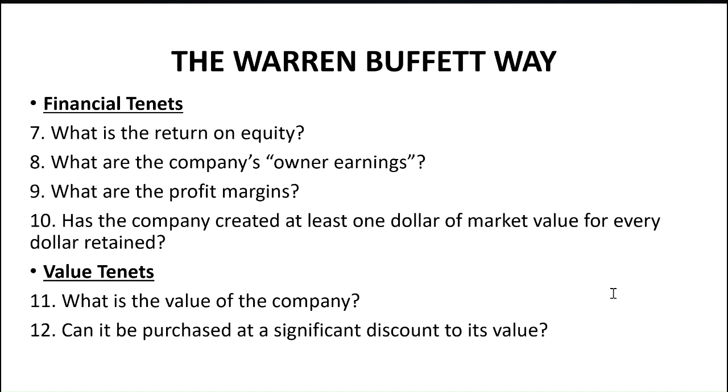That owner's earnings can either be distributed in the form of a dividend, or else it may be retained and kept as retained earnings for usage either in capex, capital expenditure, or opex, operating expenditure. So any company which generates a good amount of decent owner's earnings is said to be a well-run, professionally managed company. Then the ninth is, what are the profit margins?